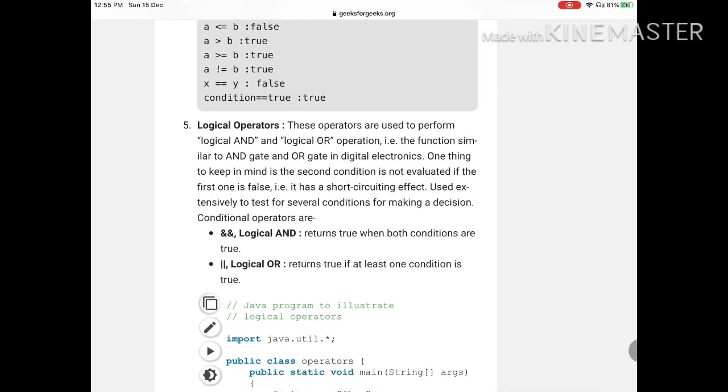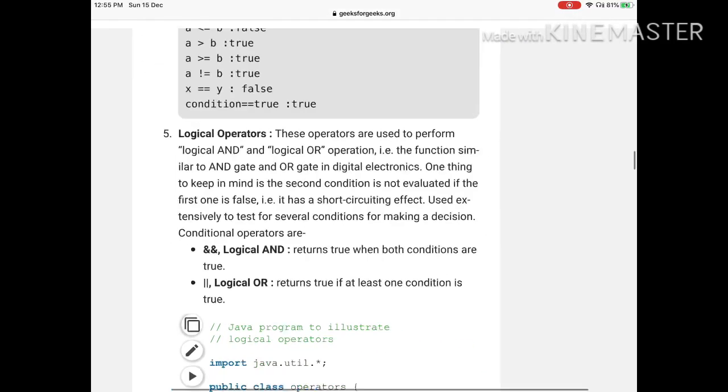There are only two and very important logical operators. Those are logical and logical or. So now let's take an example of a login form. You want to log into a website. So when you want to log in, you need to provide a username as well as a password. Okay. So when you do that,